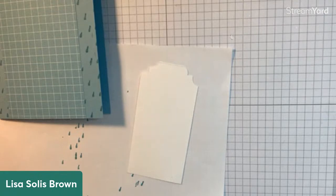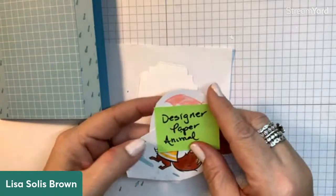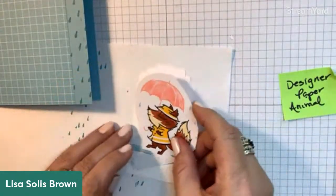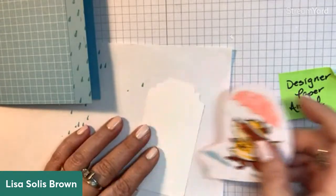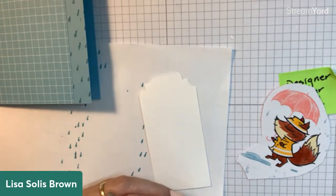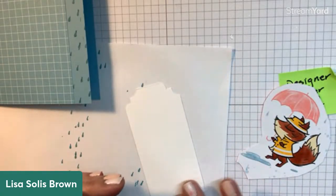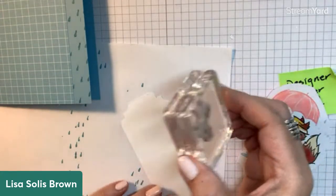And I think I cut out this, the fox, because I hadn't used it yet, and some flowers. You can use those if you like. But I'm going to show you how I'm going to use this little animal on this card. First, we're going to prep this by stamping raindrops on it. If you don't have the stamp set, you can sponge blue for sky and green for the bottom, and it's cute. So let's go ahead and